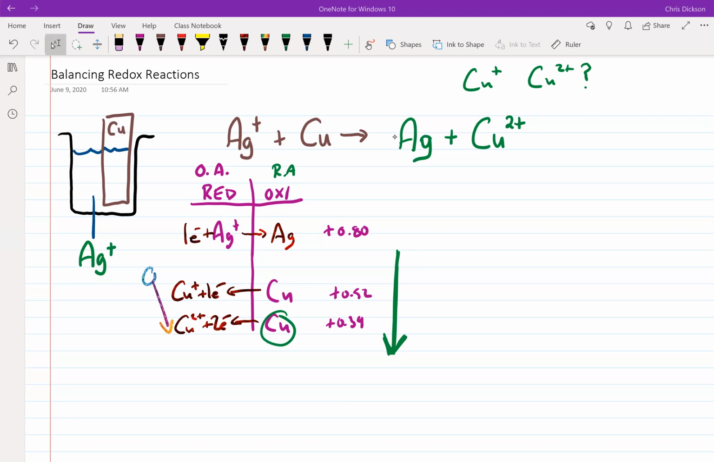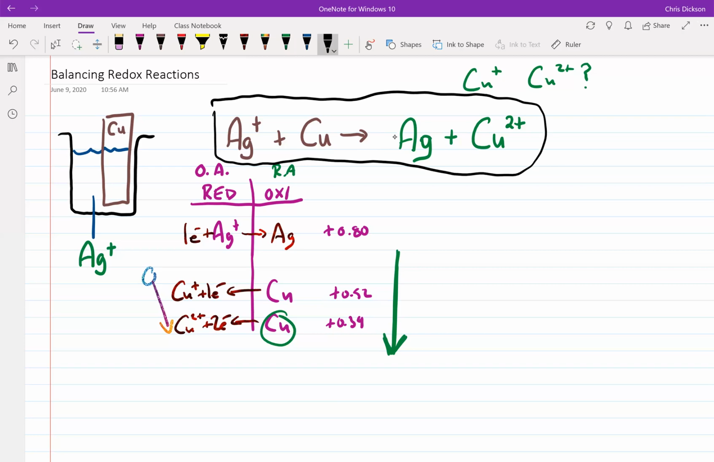So here we go. We got copper 2+ forming in our reaction. Now, if you look at this reaction the way I've written it, I think for a lot of students going from chemistry 11 to chemistry 12, that looks pretty balanced. I mean, you've got one